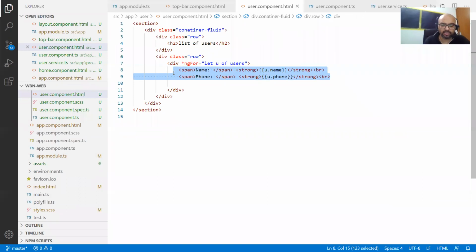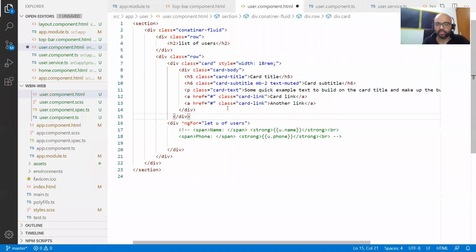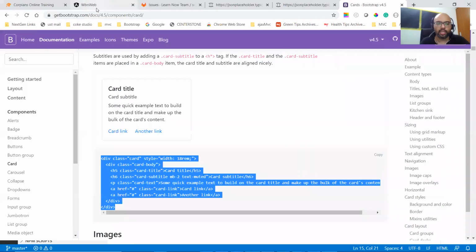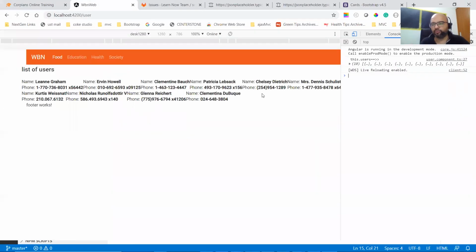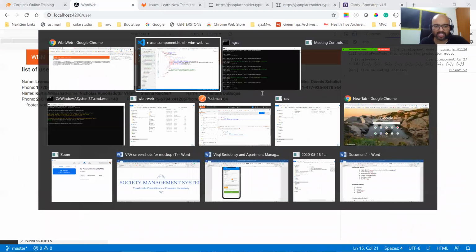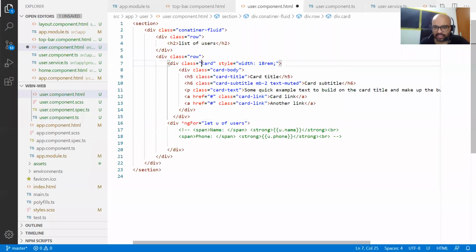Comment these lines. And we should not use rows. I mean, okay, let me just show you and then it'll be better for you to understand. So card, but I should use the column class also, correct? So how many cards do you want in your row? It should be 4 card, 5 card, 6 card. How many? I guess for LG, 6 cards should be good enough.